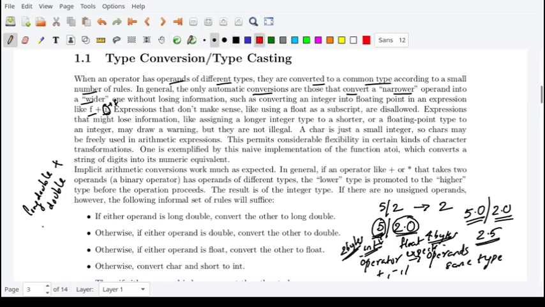If one is double and the other is float, you will convert this float into double. If either operand is float, so if one is an integer and another is a float, we will convert this integer into float.